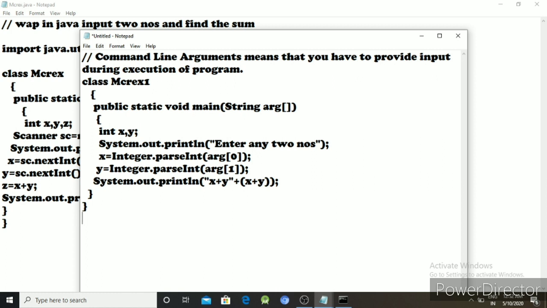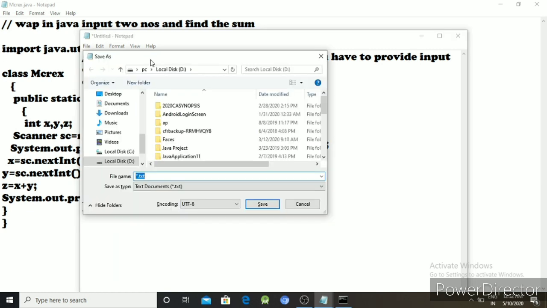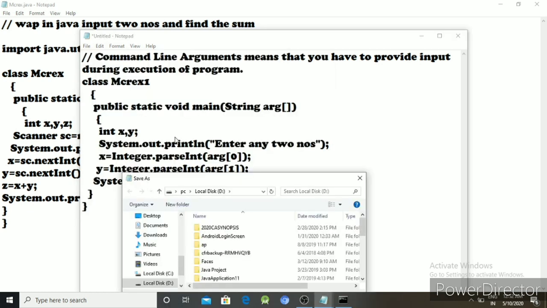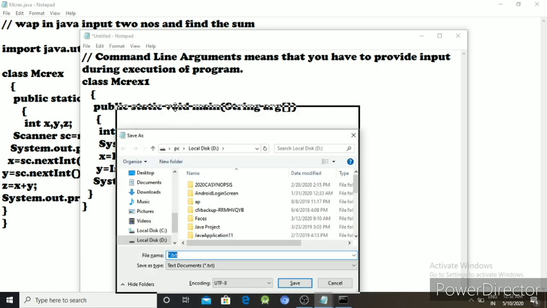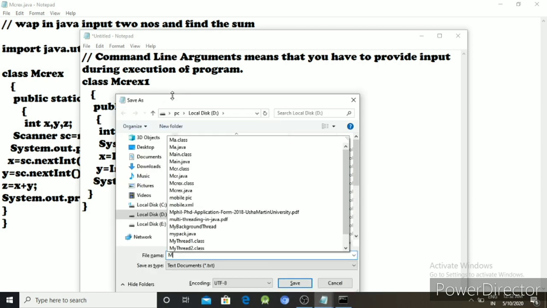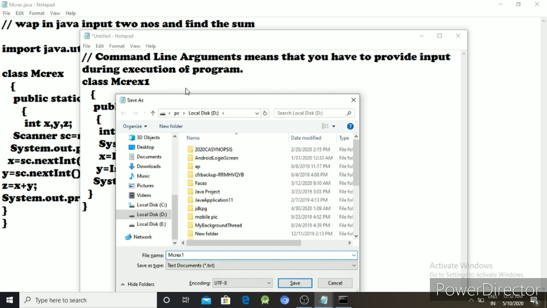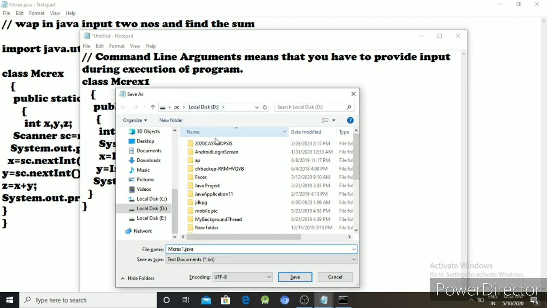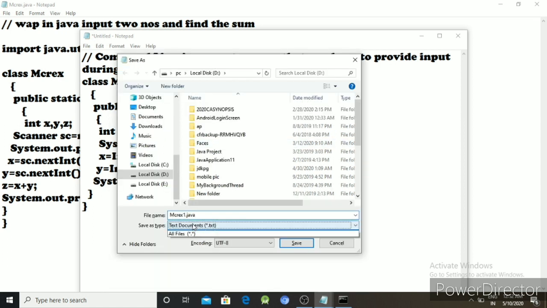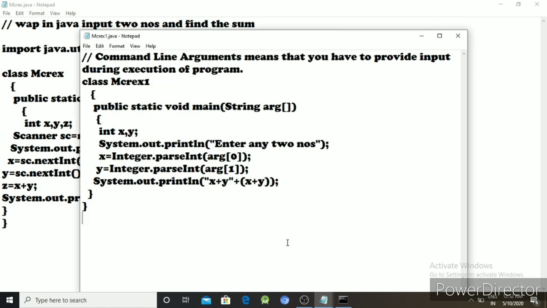Okay, save the program. Here class name is MCR EX1, so save the file as MCR EX1 dot java, then save the program.